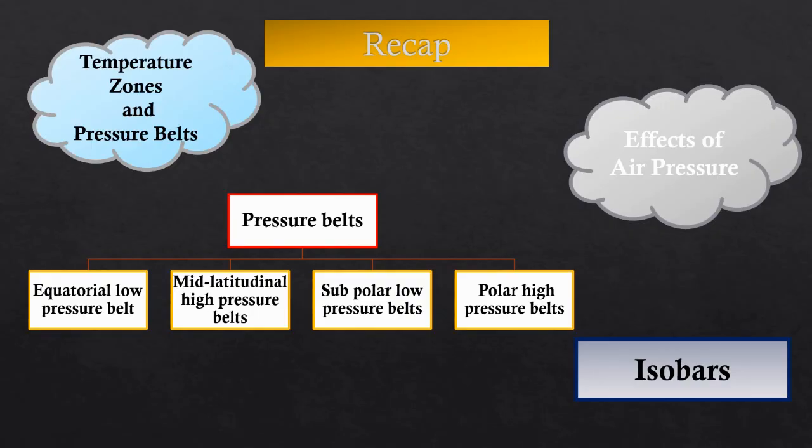Next we learn different effects of air pressure, which are origin of winds, generation of storms, convectional type of rain, and air pressure affects the breathing activity too. Lastly, we saw what are isobars. Isobars are lines on a weather map joining together places of equal atmospheric pressure. Also, the numbers measure the atmospheric pressure in millibars. With this, we have completed chapter 4, that is air pressure.